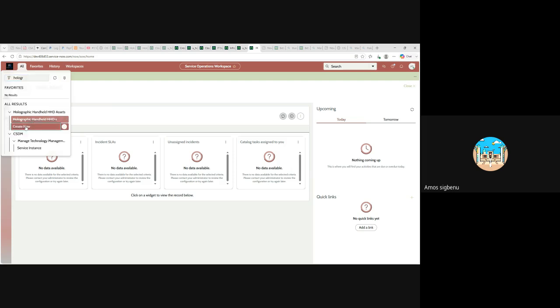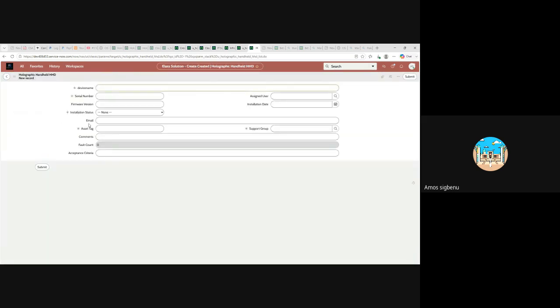Now, when we go to create, take note. Can you see that this place is blank for Allen? Allen cannot do anything about it. If this place auto-populates normally, Allen cannot do anything. It's just going to show what is happening there. He can only view it. He cannot edit it. So that is for Allen. Now, if we stop impersonating Allen,